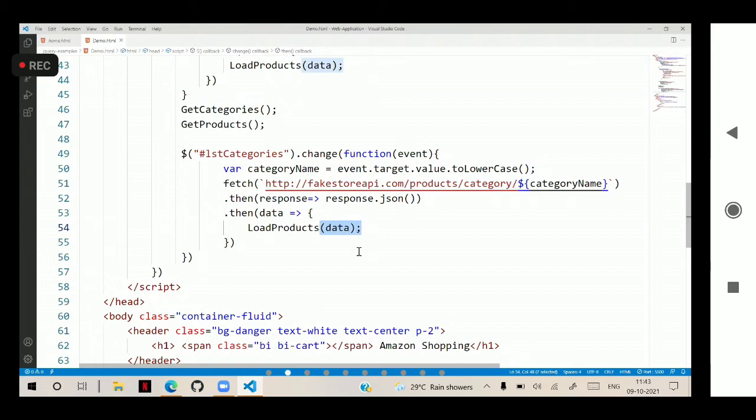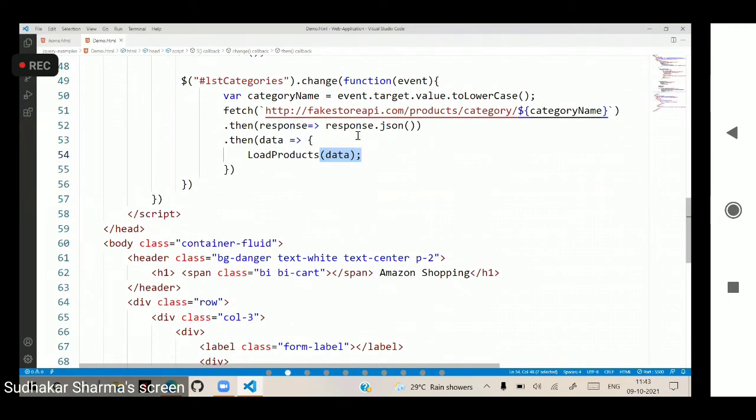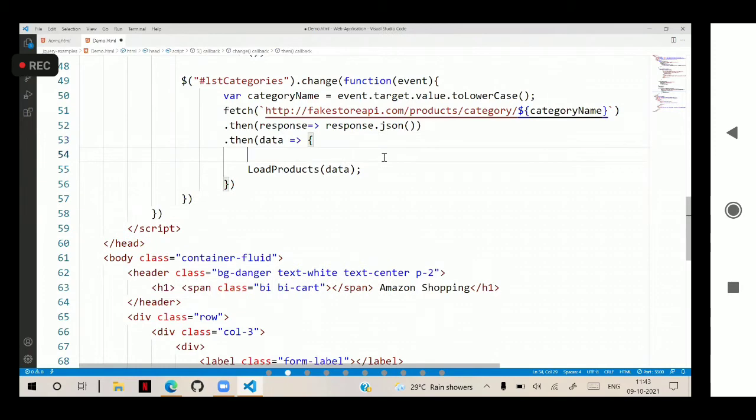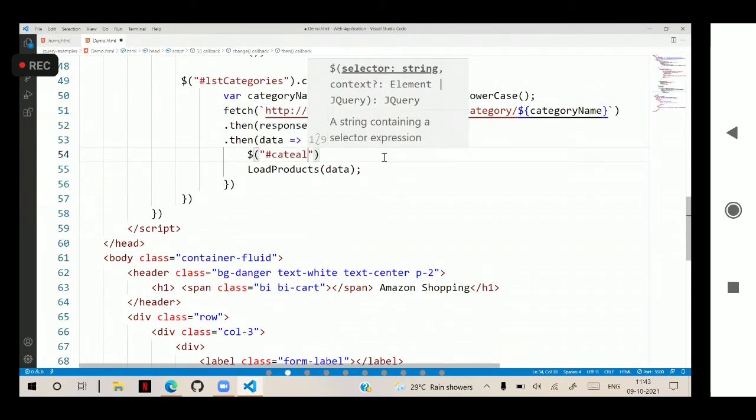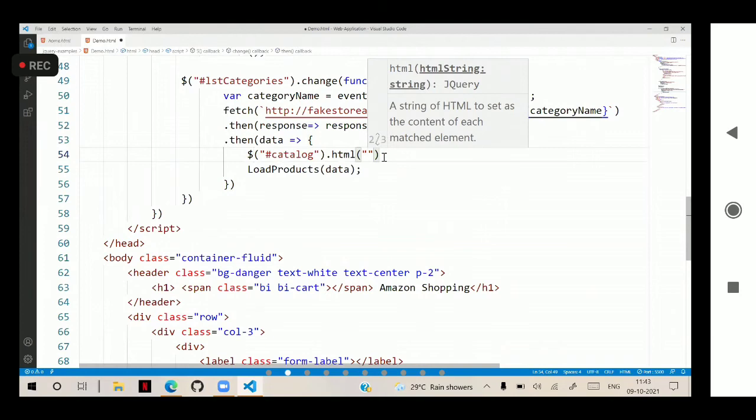And very important, whenever it is changed, some data may already be there. We must clean that up and load it. Whenever the category is changed, it should clean up and load the data. For example, you are accessing here the hash catalog, catalog.html, and in that we will keep it empty.